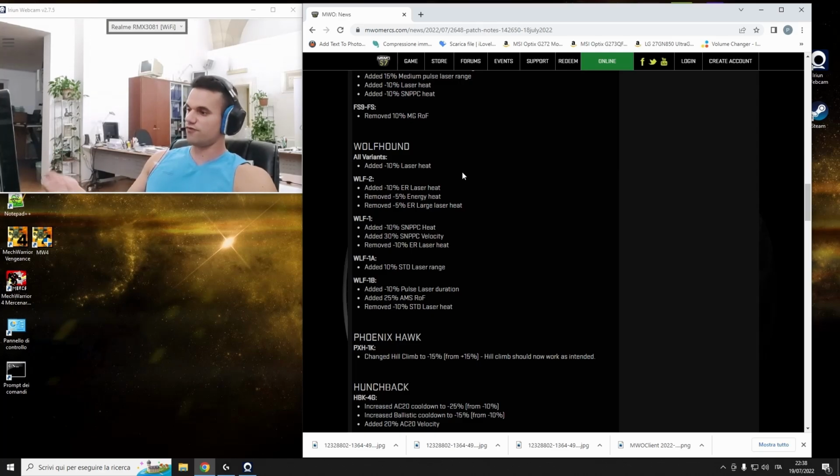So 3 nerfs to the Clan ER larges, 4 nerfs to the Clan large pulses, and then repeated nerfs on Supernovas with ER large, Marauder 2 with PPC Gauss, and so on. As soon as a heavy or assault performs slightly over the old overperformers, let's hurry up and nerf them into the ground. Instead,